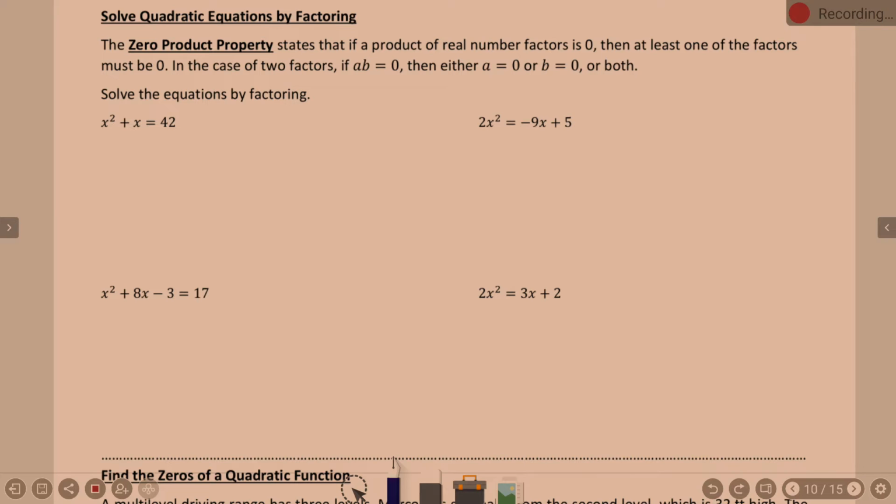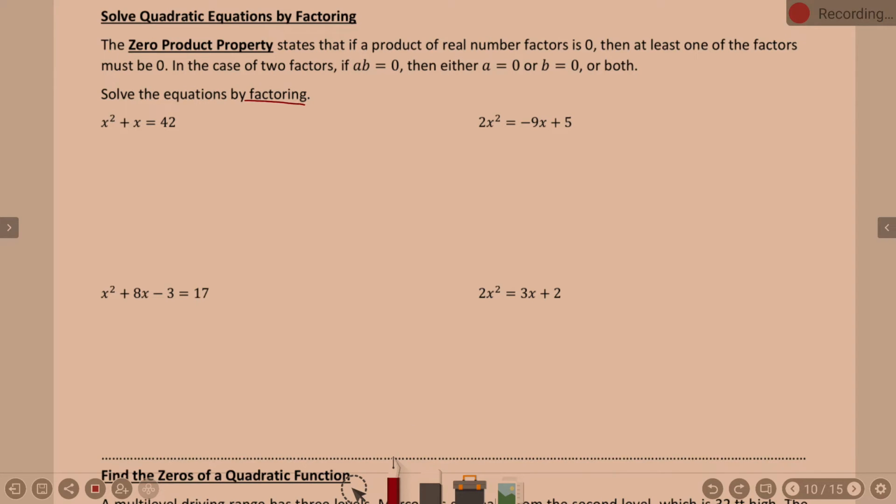Okay, so we're going to use the zero product property. It states that if a product of real number factors is 0, then at least one of the factors must be 0. In the case of two factors, if a times b equals 0, then either a equals 0 or b equals 0, or both. The short of it is, if two numbers multiply to equal 0, what do you know about one of them? One of them has to be 0, right? The only way you can multiply to get 0 is if one of them is 0. So we're going to use that idea by factoring and then setting each factor equal to 0. Now, if my directions say solve the equations by factoring,